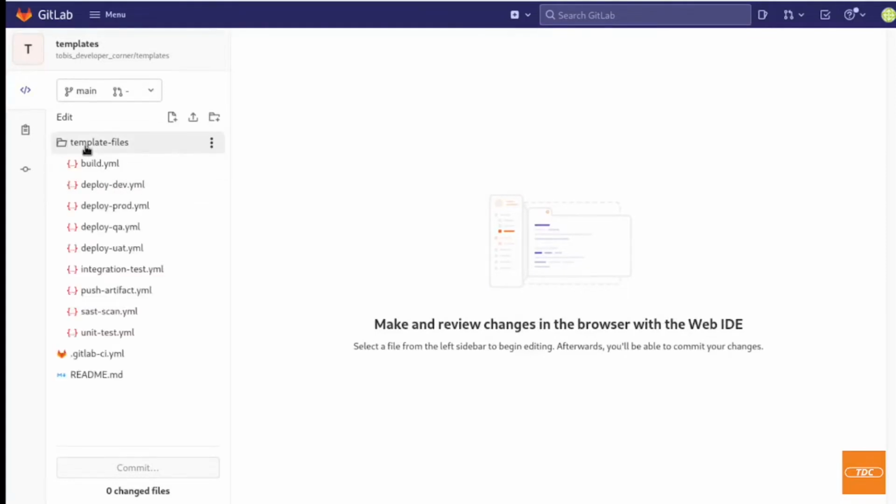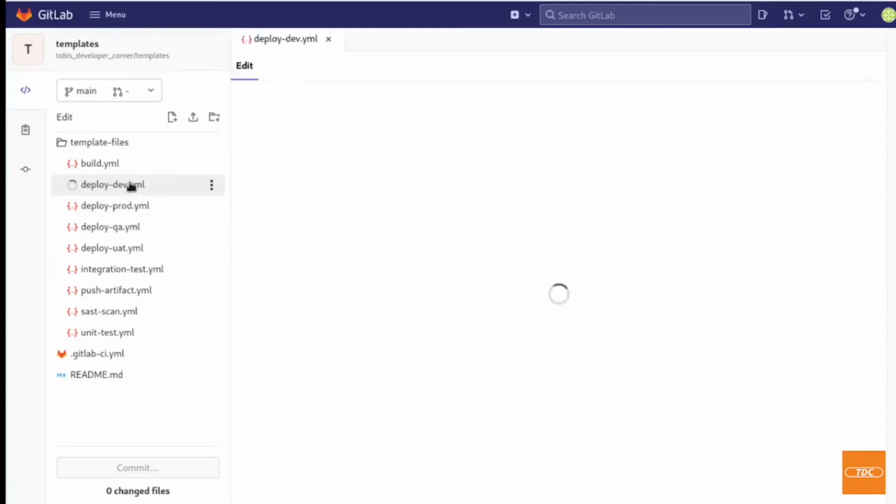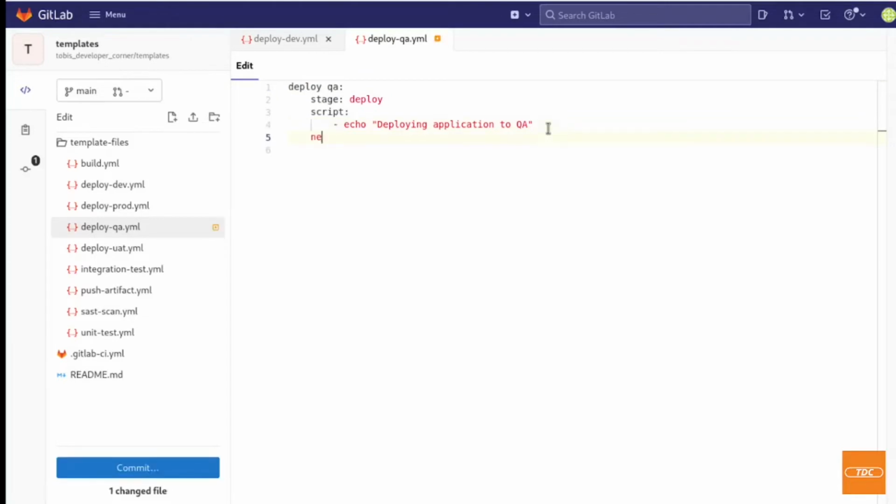I'm going into my template files in my case here, and dev should run. QA should not run until my dev deploy is completed. So I'm taking the job name here. I can copy it, for example. Then I go into my deploy job, and then here deploy QA. And then here I'm again adding my needs, and then again it's an array. You can also have multiple entries in here, and then I'm adding my deploy dev,